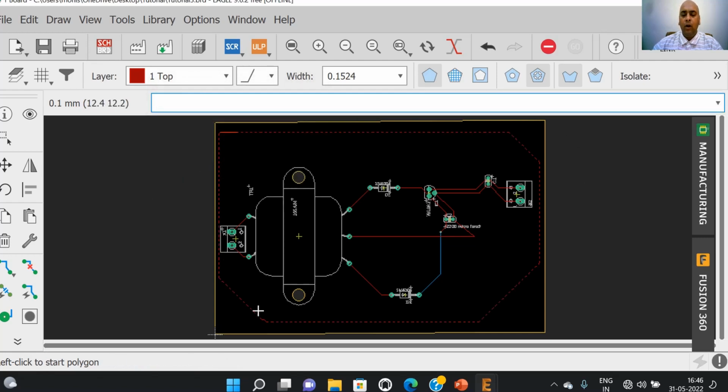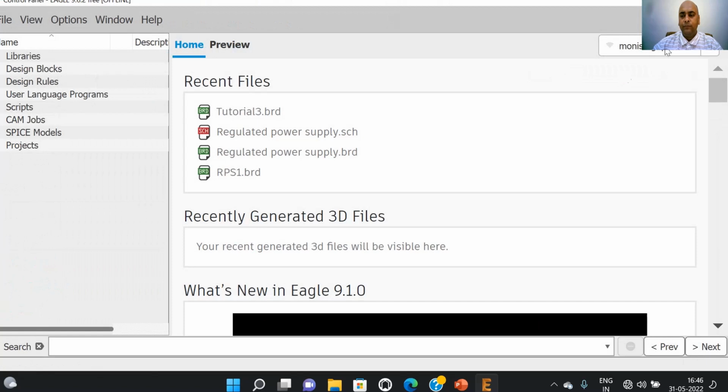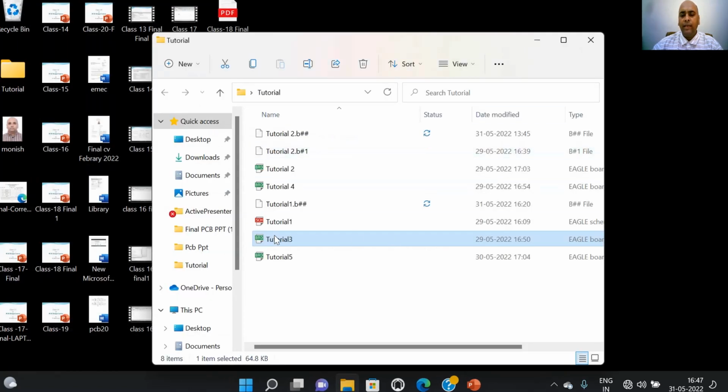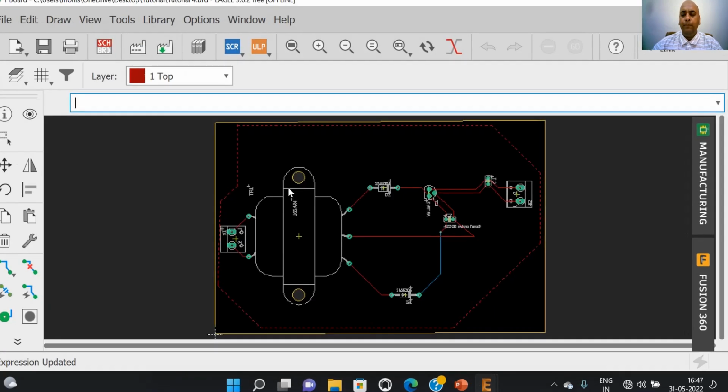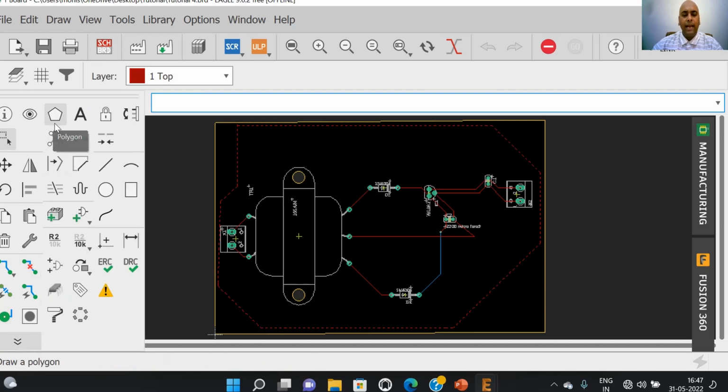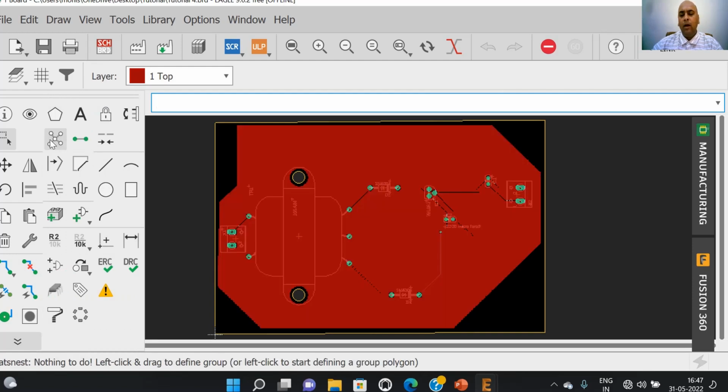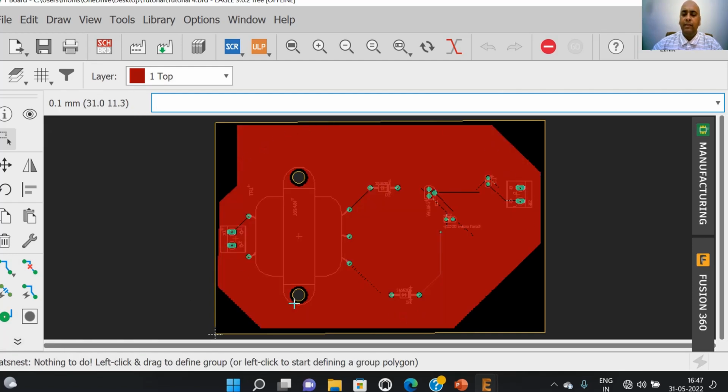So now the ground plane appears on the PCB board. Once we have inserted ground into the PCB board, if we press ratsnest again, then all the ground that we have inserted is visible on the screen.